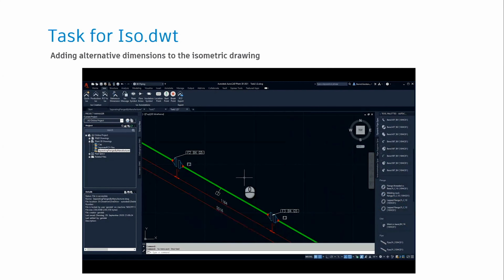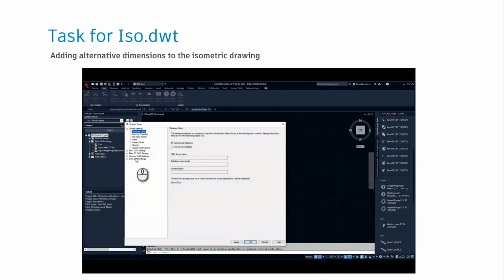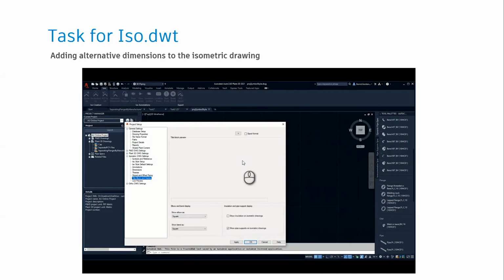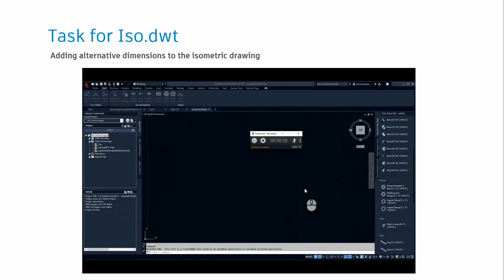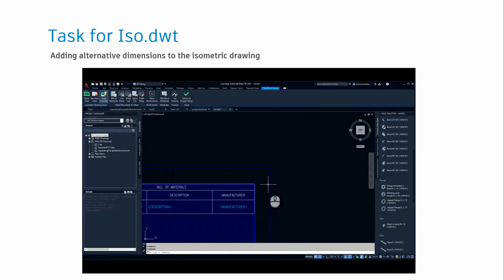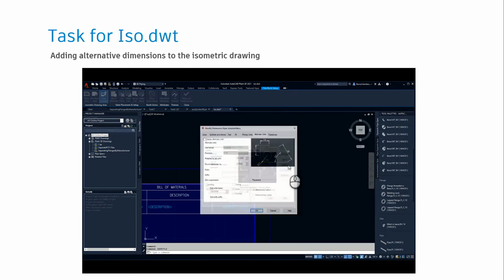So by default, we only see here in a metric project just the metric values for the dimensions. Now we are switching to isometric drawing settings, title block and setup, and we are clicking setup title block. We can enter just directly dim style, or we can click ISO themes in the ribbon bar. Now we have to select the ADSK isometric dimension style and click modify.